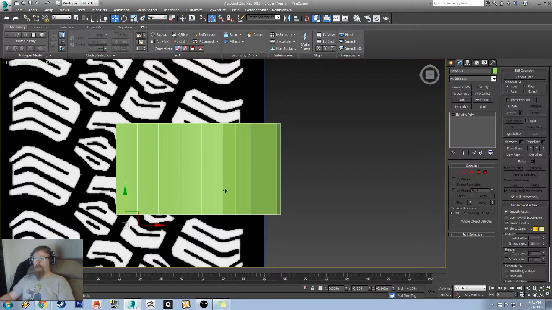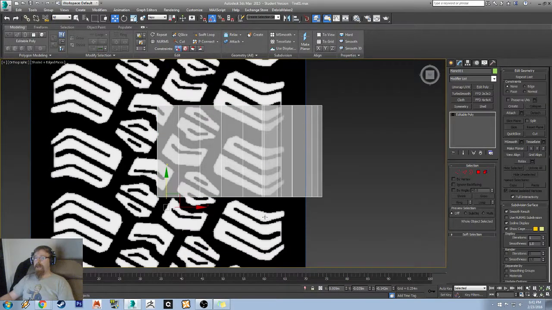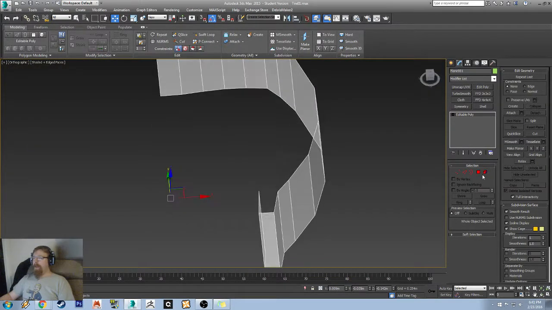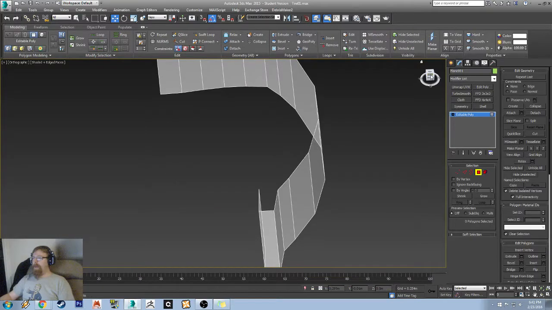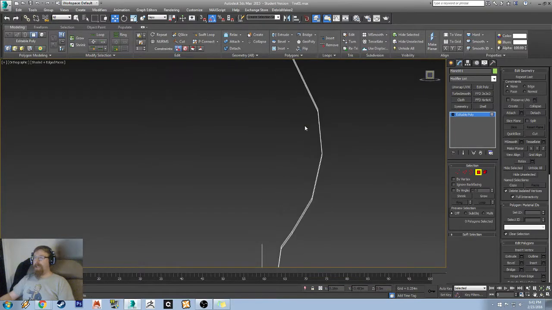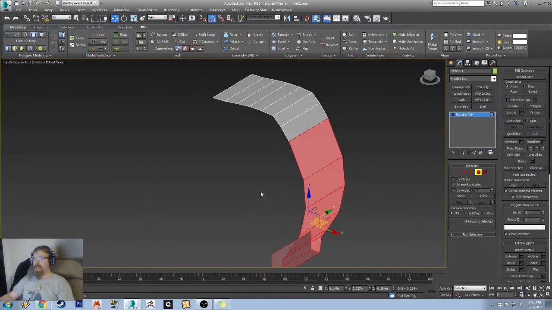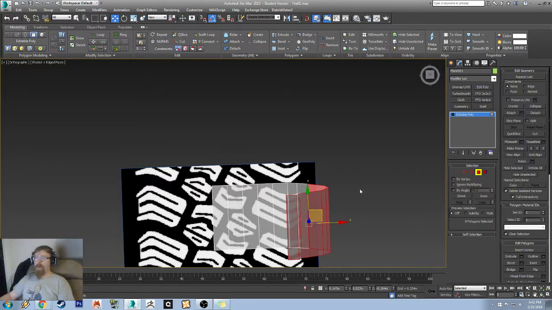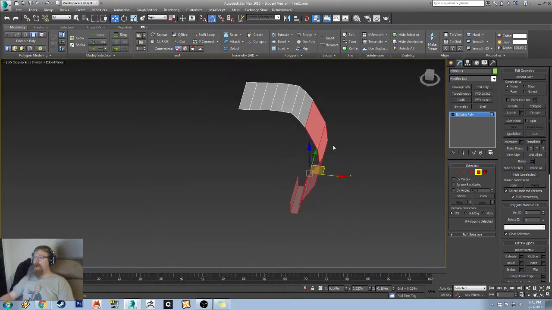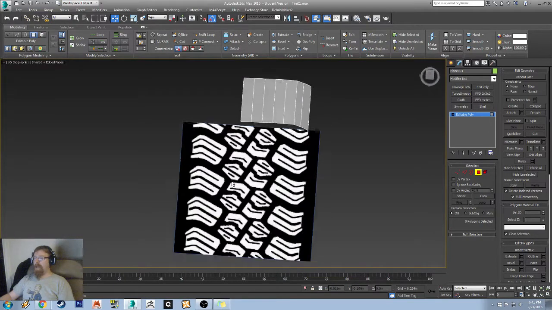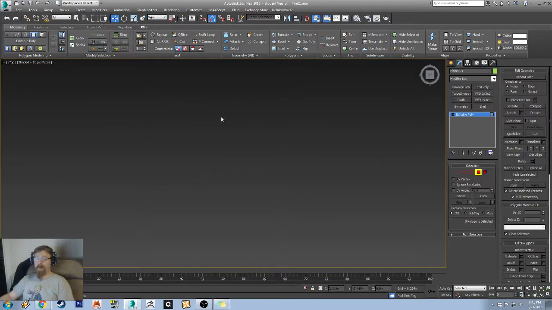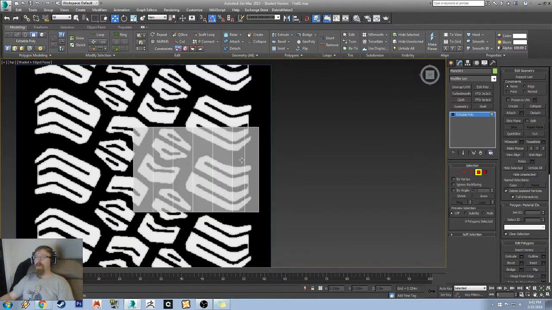So select, Alt X, we'll get our transparency back. And we are going to hide this bottom part because we don't need to see it. And it can be a little bit confusing, right, to see all these extra polygons, and from the top you're seeing them through, so you might get confused as to what edge you're actually clicking on. So I select the faces I don't want to see, and I hide selected. The opposite is, of course, also an option. You could select the ones that you do want to see and hide unselected,